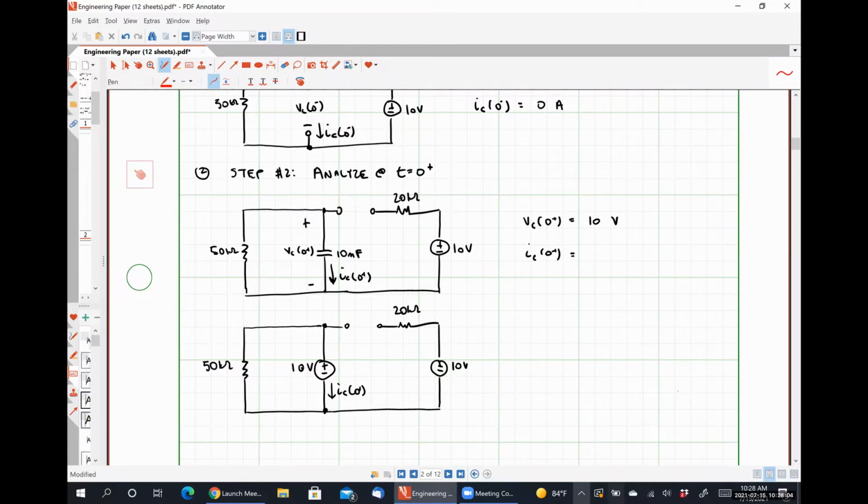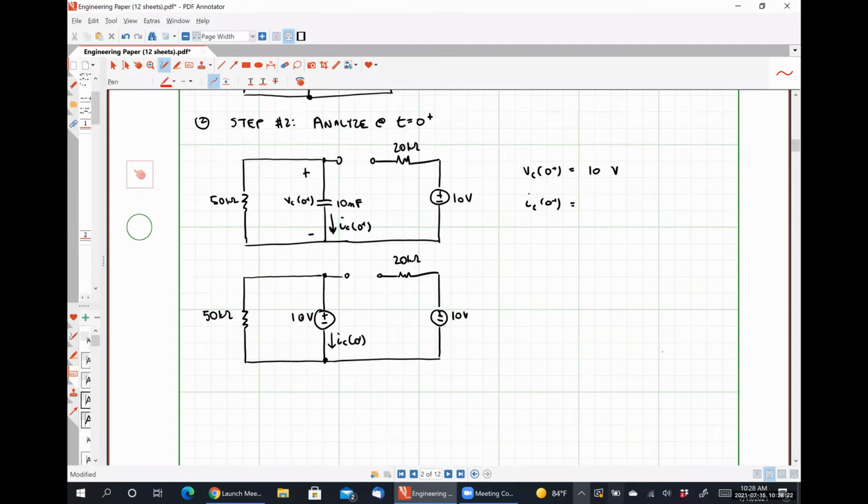Right, but I'm trying to find the current. We've established that the voltage has to be 10 volts because the voltage can't change abruptly. So your initial thought about doing Kirchhoff's current law, while that's not where I would go, it is actually kind of useful to explain what's going on here, right? So if we use Kirchhoff's current law, which says that the current IC would be equal to the current flowing to the right